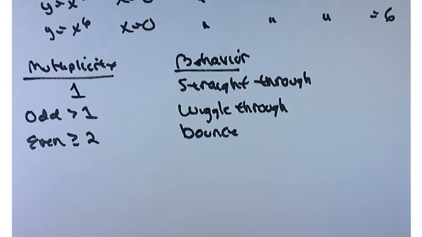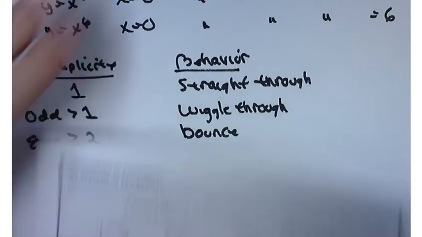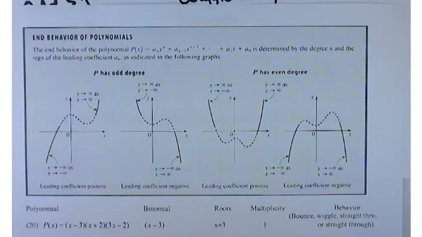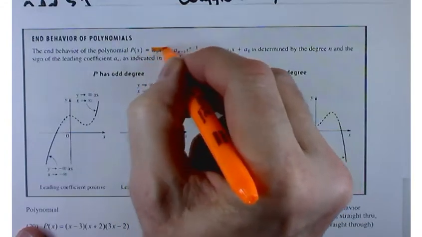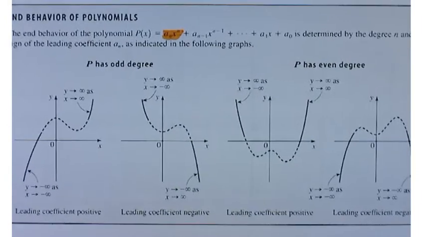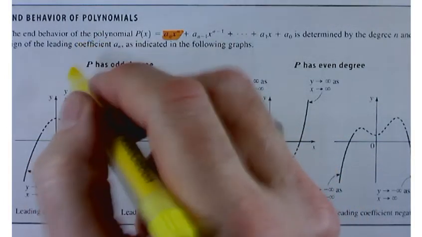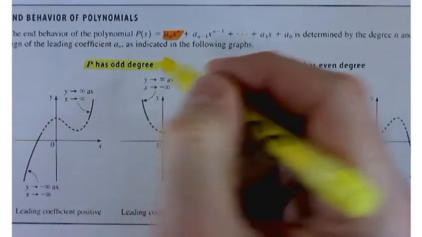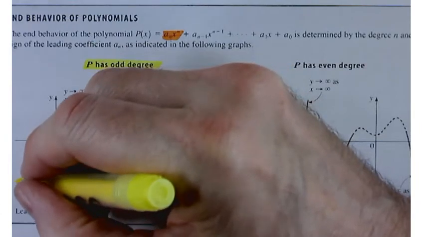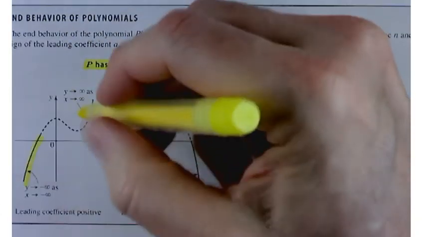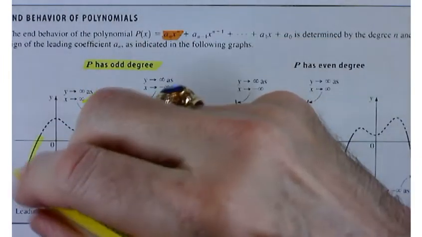Now, I'm going to add one little thing to this, and that is the so-called end behavior. Let's look at our handout. There's a couple different types of end behaviors that you can encounter, and it's all going to depend on this term right here, the leading term. So you've got some polynomial that has a leading term, and if this polynomial has an odd degree, so 3, 5, 7, 9, etc., then eventually your polynomial is going to have this kind of behavior. It's either going to go down and to the left, up and to the right, like this, or